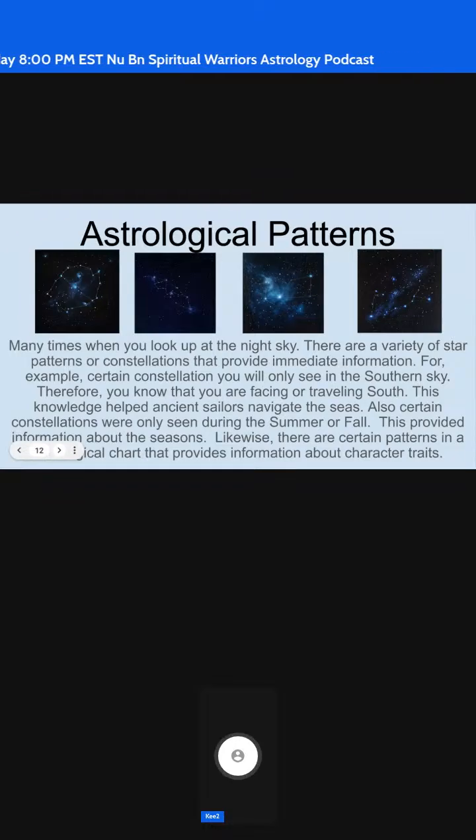Another thing you want to pay attention to is astrological patterns, because soon we will be interpreting charts. You will be able to interpret a chart, provided that you're doing your homework,